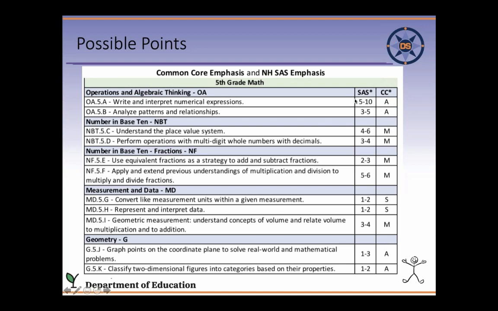I don't know why this is high on the SAS and low on the Common Core, especially for this one, because I think this is a really important one for 5th grade, for 6th grade really, for 5th graders to learn. And teams have to decide, do they want to follow what the Achieve the Core people or the Common Core people say are major, supporting, and additional, or should you follow what the test is doing? That's a decision teams have to make.